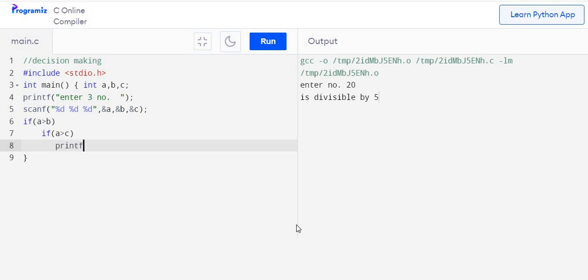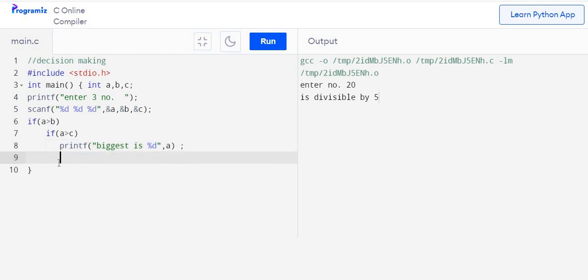So printf biggest is %d. Which is bigger? A is bigger. So this is the thing. Now suppose this condition is not true.